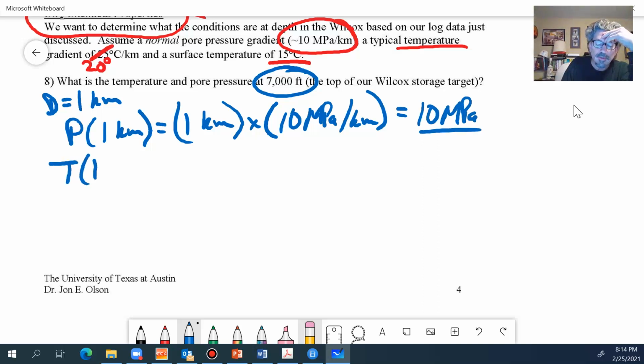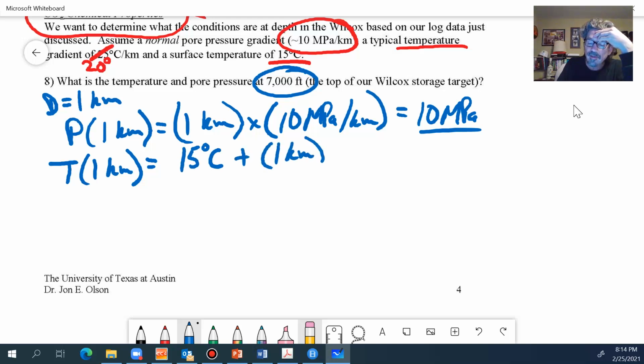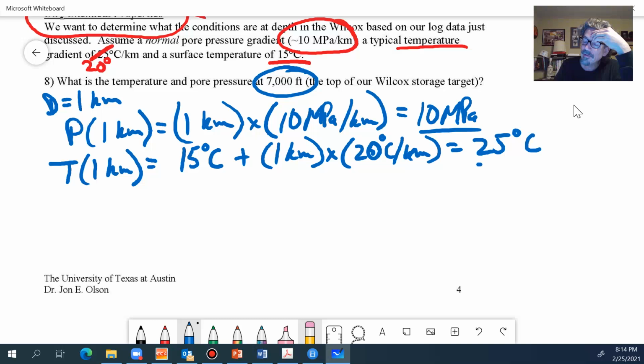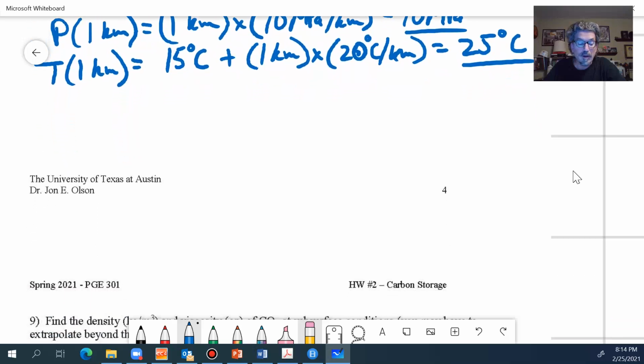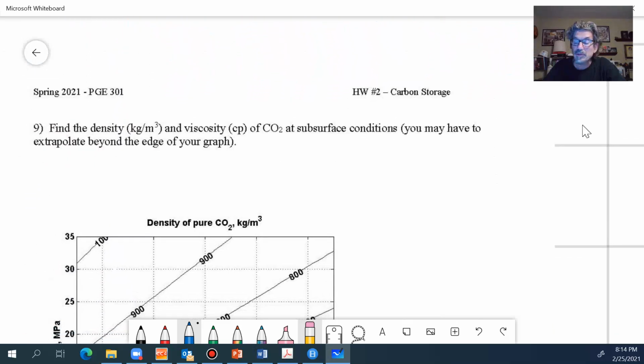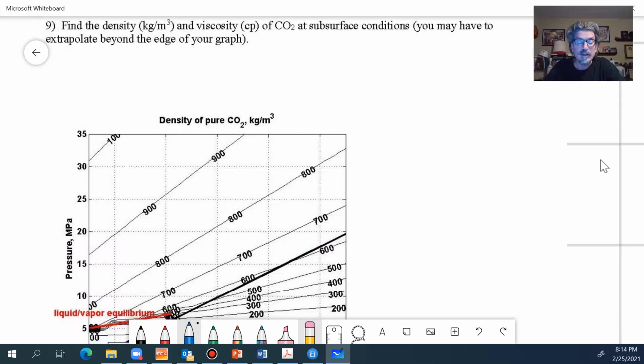The temperature at 1 kilometer is equal to the surface temperature, which is 15 degrees C, which I've assumed up here, plus the depth times the gradient, and the gradient is 20 degrees C per kilometer. So that gives me 20 plus 15 is 25 degrees C, okay? This is not your problem, this is just an example problem. You're at a different depth, you're at 7,000 feet, okay? But that's a way that you can calculate the temperature and pressure conditions, and then we can find out the properties of the CO2. Okay, so once you get those numbers for your particular case, then we can come over here